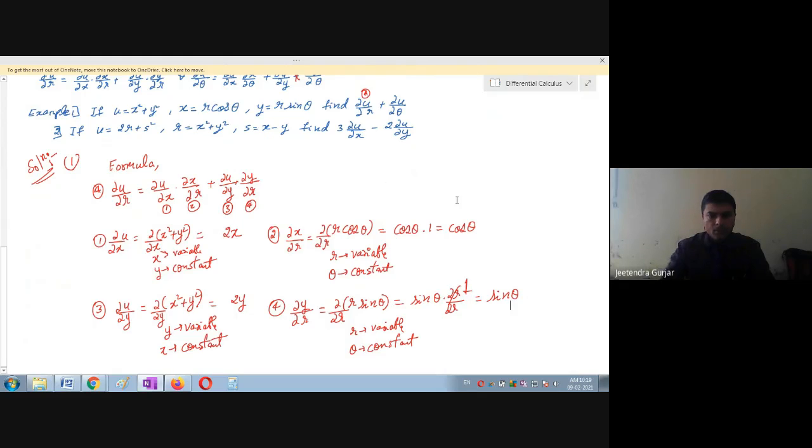dou u upon dou r. So here only I will write it. No need of again simplifying once again. So this is equal to, substitute all the values. Dou u upon dou x you have calculated. It is 2x, right? Okay, then dou x upon dou r, one can easily see it is cos theta plus 2y, this is sin theta. So all the values I have substituted from the below, solved. So therefore this is your answer.